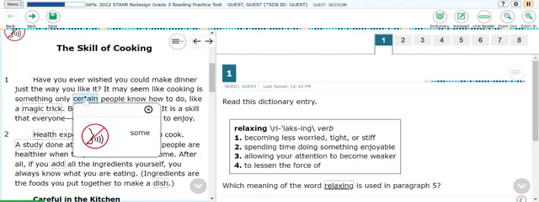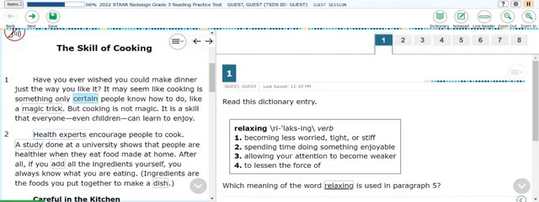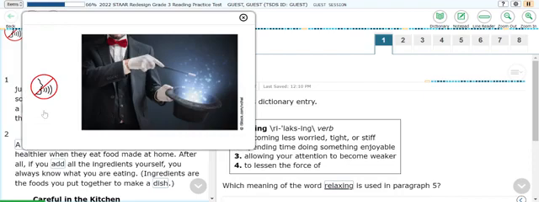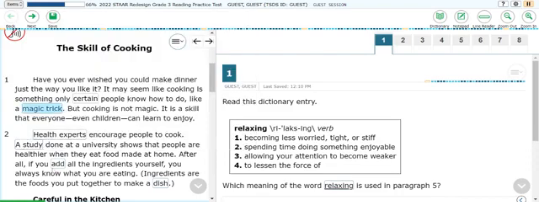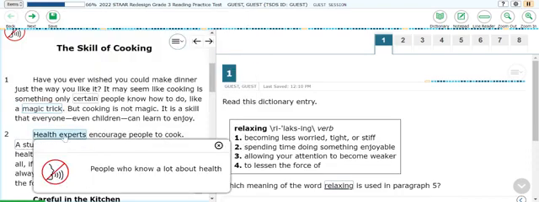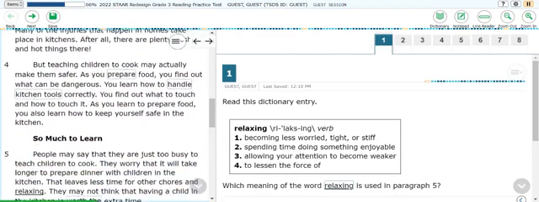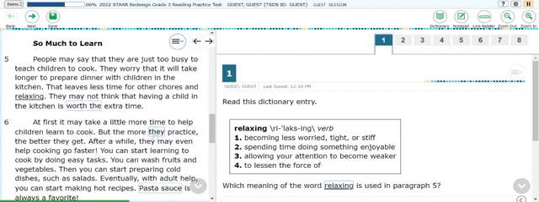When they click on the word, it'll give them a simplified vocabulary word. And sometimes it also gives them a picture. So "magic trick" gives them a visual. This is great for ESL students, bilingual students, or students that are SPED or 504, dyslexic, for example. So you'll see those throughout the passage,